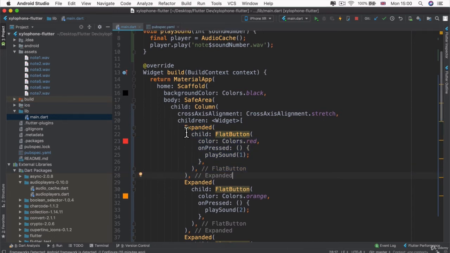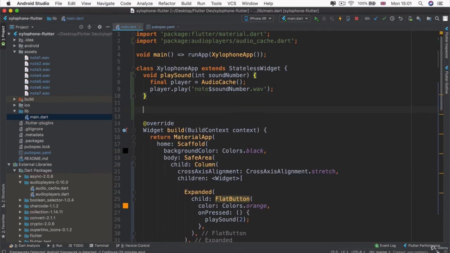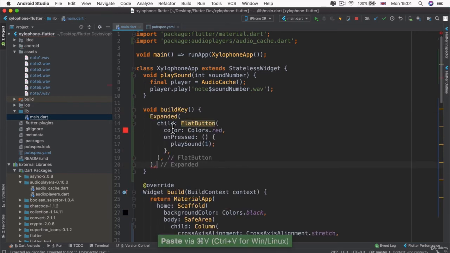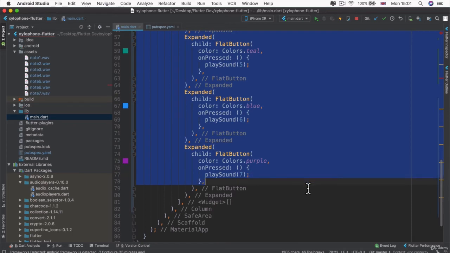So in order to do that, we're going to remove a single expanded widget, and I'm going to use Command X or Control X to cut it out of my column. And up here, just below play sound, I'm going to create a new function called build key. And this function is meant to help me build this expanded widget. And instead of having all of this repeated code, I'm going to delete everything right up until the final expanded, so just before where it says widgets,